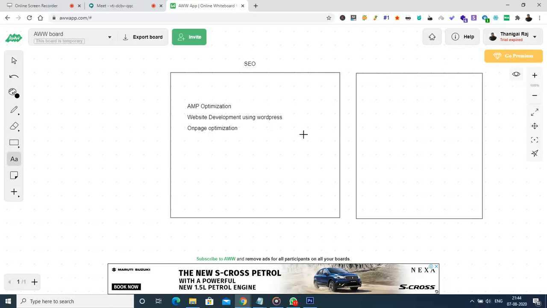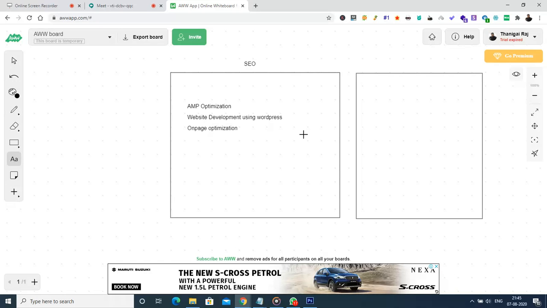So what is meant by on-page optimization, and what are the things we have to do to make a website optimized for a keyword? These are the two questions. On-page optimization means changing the content in the web page. Web page, I'm saying, not the website. A particular web page which we had planned to show for a particular keyword. If we want to show Google that this page is highly relevant for the keyword, what are the elements we have to change in the web page so that it communicates to Google that this web page has been highly narrowly targeted to the particular keyword?